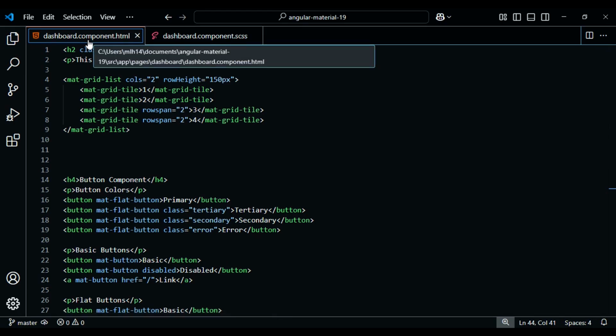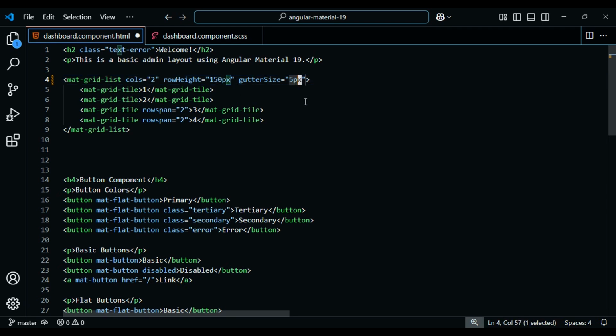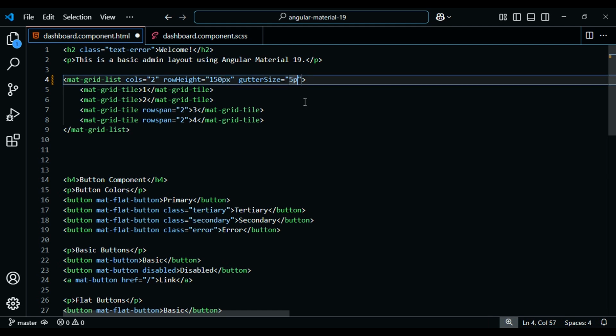Inside of the dashboard component within the Mat Grid List element we created in the last video, I'll add in the gutter size and set that to 5 pixels. Now if you're using pixels, you could leave off the px. For example, if I leave off the unit like that and just enter a plain number, the unit pixels